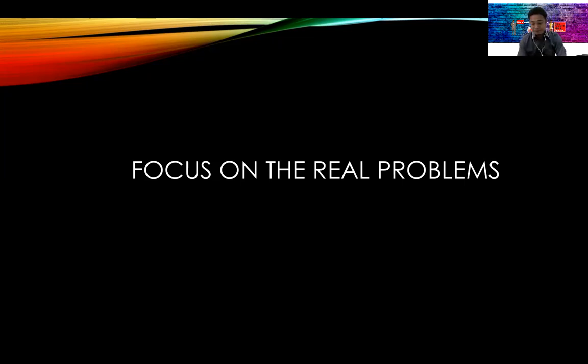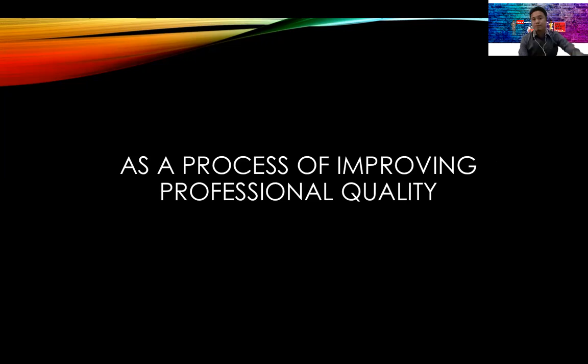And then the next characteristic of classroom action research is what we call a process of improving professional quality. Being a teacher is the same as any other kind of professional job, professional career. So if you want to be a professional English teacher, one of the requirements is that you have to try all the time, continuously, to improve your quality of learning. By improving your quality of learning, you will be a professional English teacher